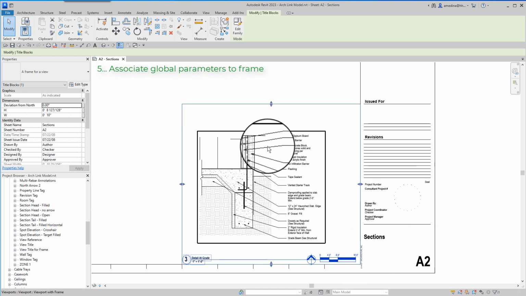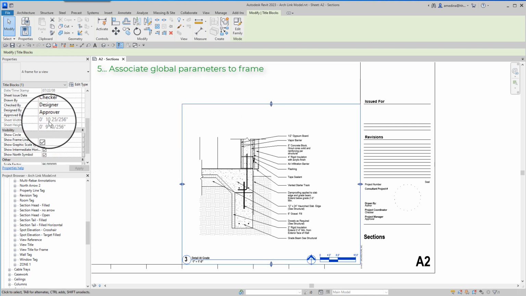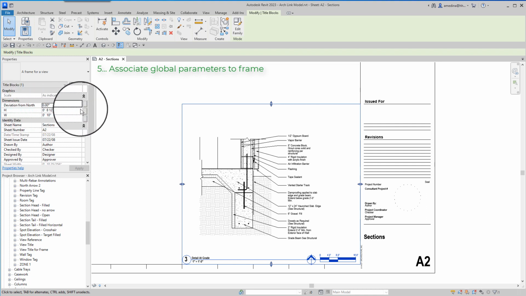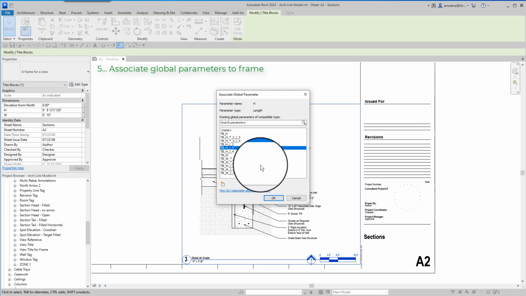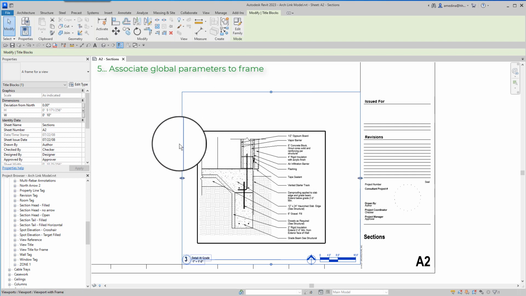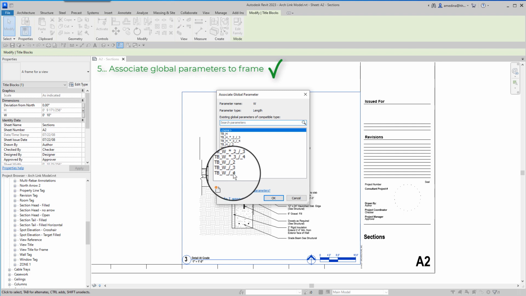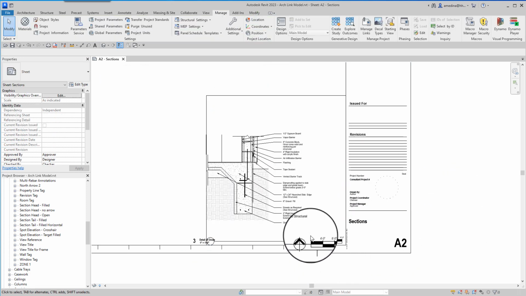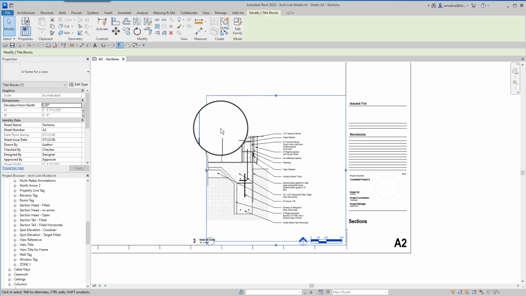So we select the frame and go here to the properties and find H. H is going to be 1/3 of the height, and the width is going to be 1/4 of the width. So now the frame is controlled by the global parameters.